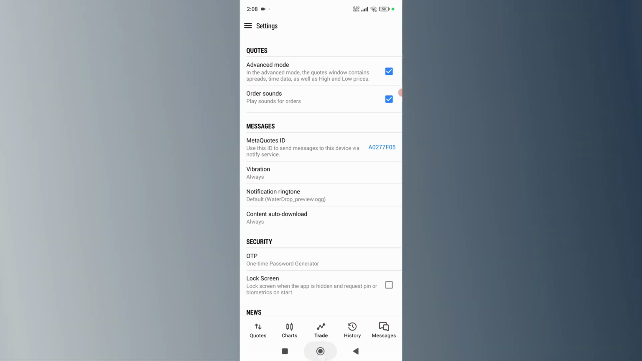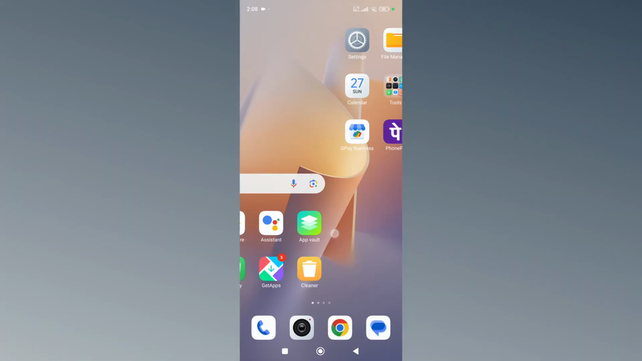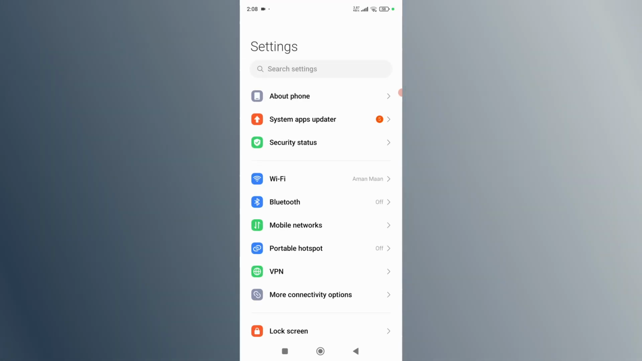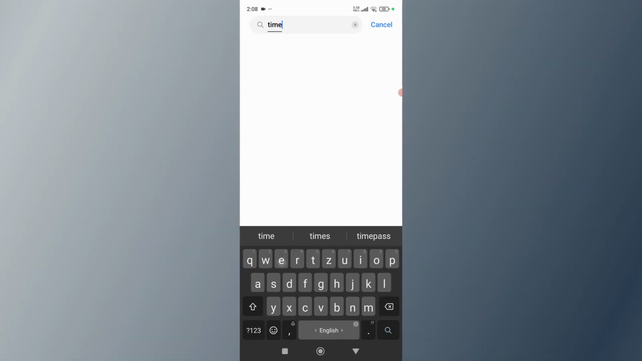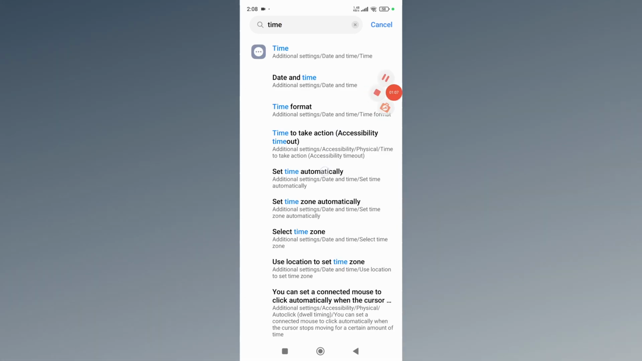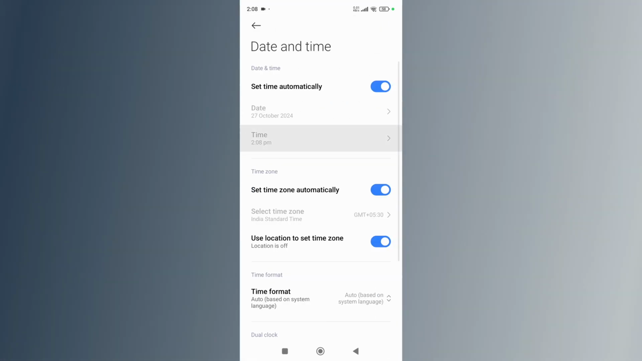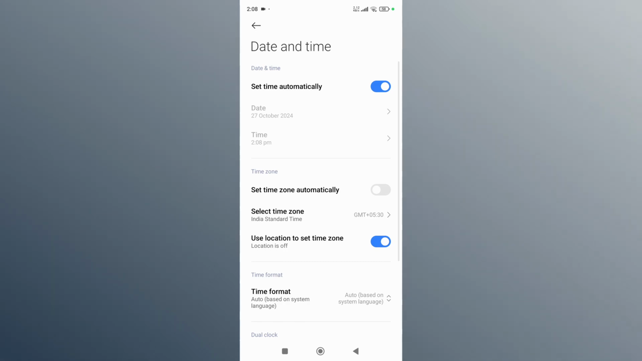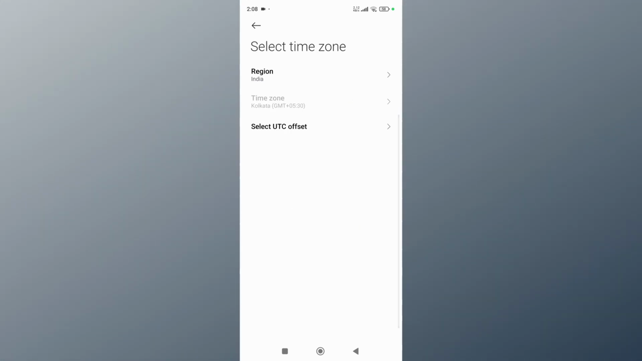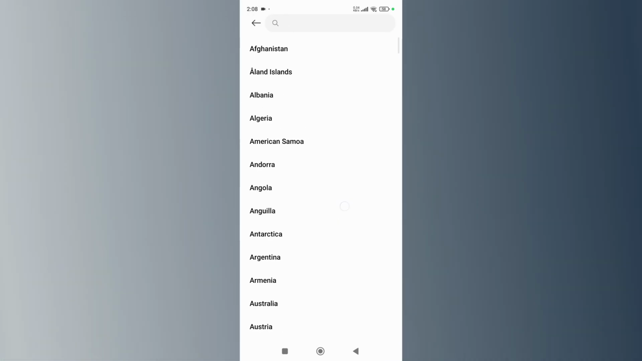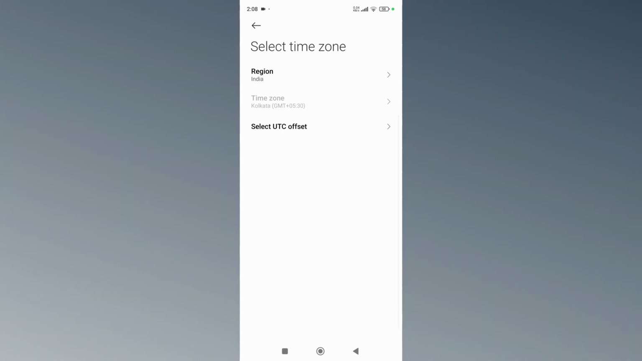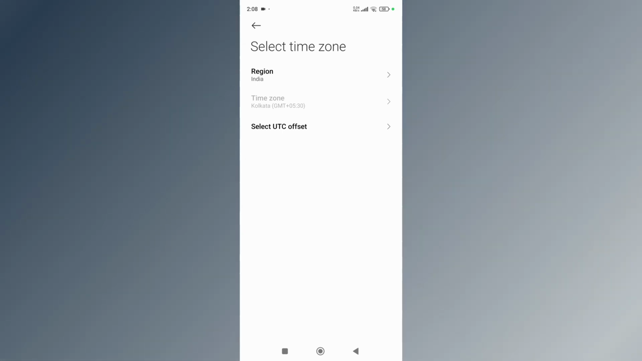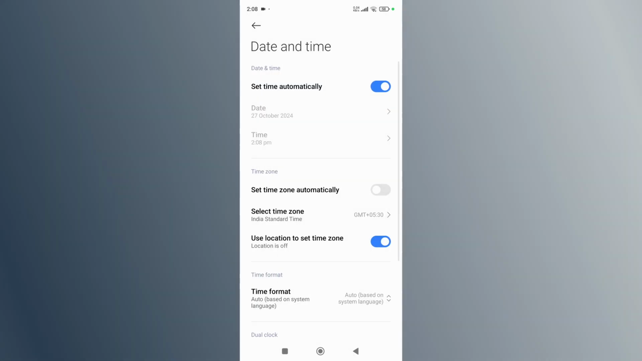But you can try to change the time zone of your phone, and that may work, so you can also try that. So just go to the settings in your phone and then search time, and then open it, and from there simply you can try to change your time zone in your mobile settings. So that can work, but it is not guaranteed, but you can try it. So that's how you can change